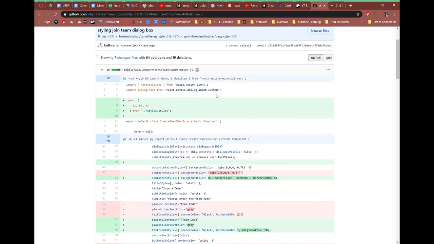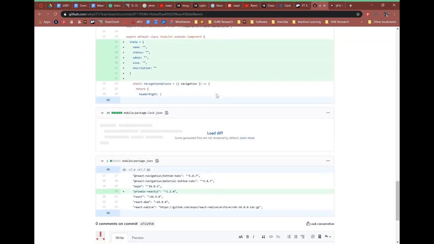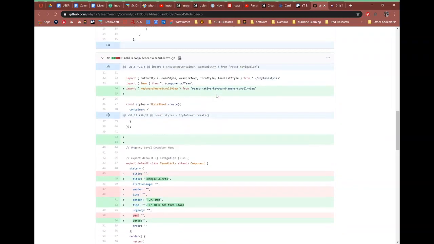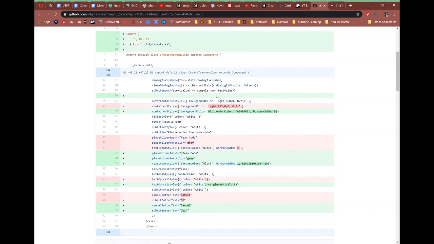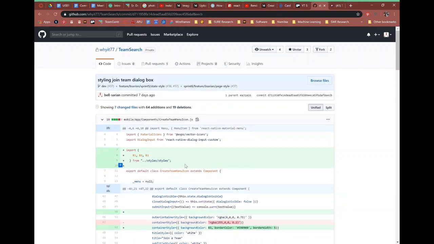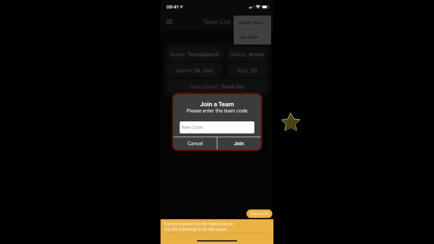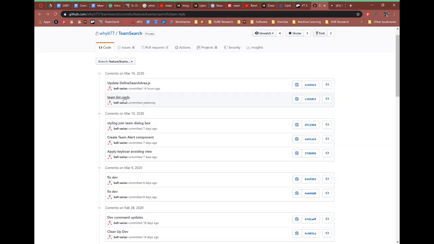And we had kind of created the dialog box, but it wasn't looking quite how we wanted it. So I went through and styled that and made the graphics so that it looked nice. And so I changed like all the coloring and the sizing and like what each of them says, and basically made it how we wanted it to look like. I didn't show that. Maybe I'll put a screenshot. And then